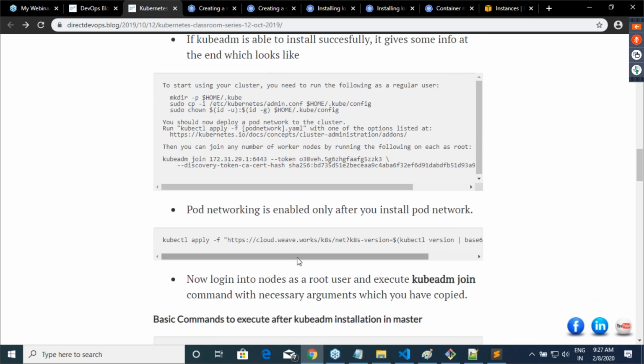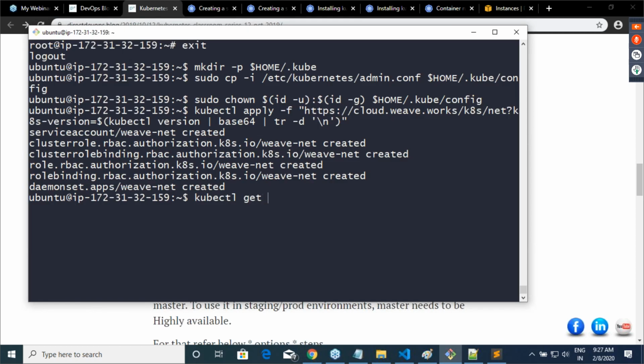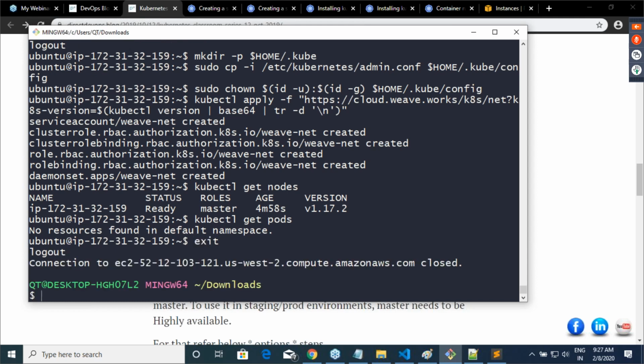So he also is using the same network over here in this documentation, and first let us execute this command, kubectl get nodes. It says that right now you have only one node. Yeah, we have not joined the node yet. kubectl get pods. It says you don't have any pods at this moment. But they are showing something called a namespace. We don't know what a namespace is, so I am not getting into that. Fine. What we will do is let us go ahead and join